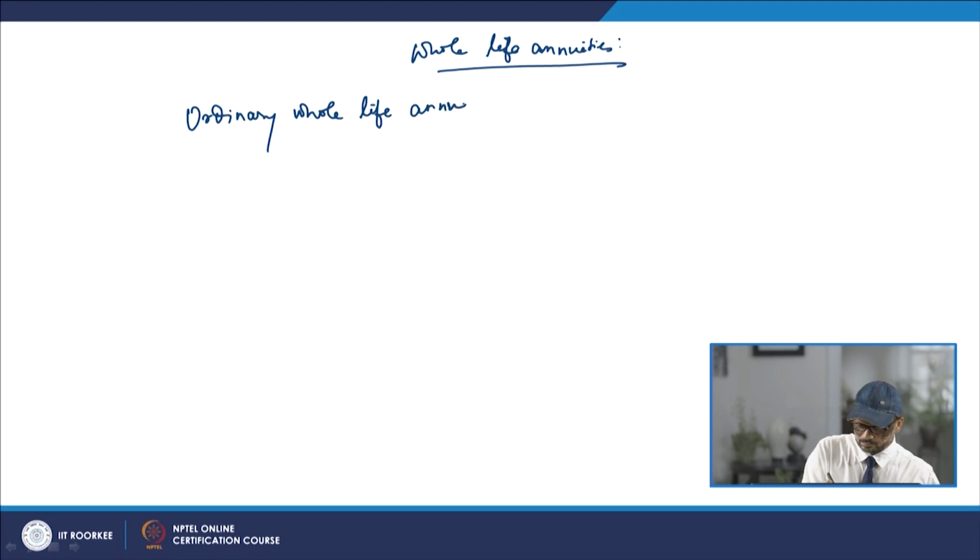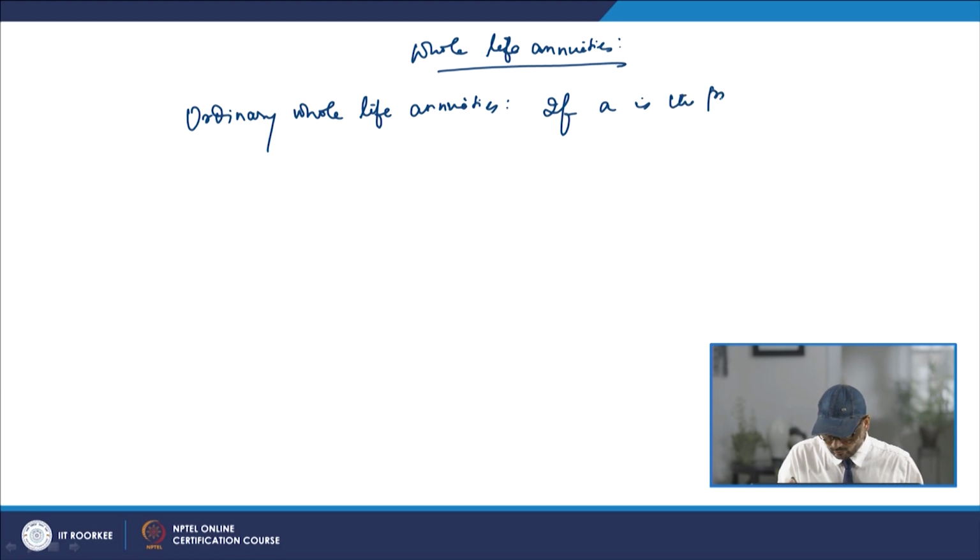In this case basically receipt of payment will be at the end of every year, and there will be a series of individual pure endowments. So, in this case, suppose A is